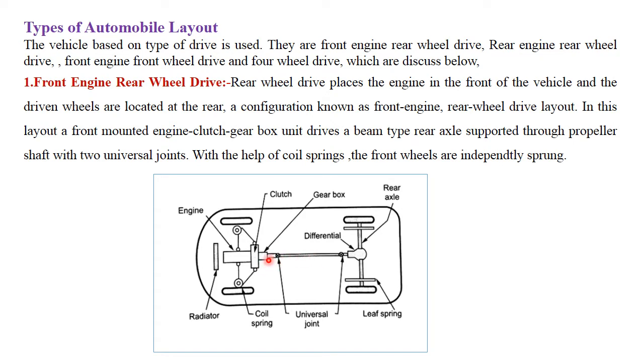With these advantages, there are also some disadvantages. It requires a long propeller shaft with universal joints. Because of the universal joint and the propeller shaft, the floor level and ground clearance increase to accommodate this propeller shaft. Higher noise is transmitted from the front engine to the driver cabin and the passengers, which is not comfortable for the passengers as well as the driver. It again requires some isolation for this noise.